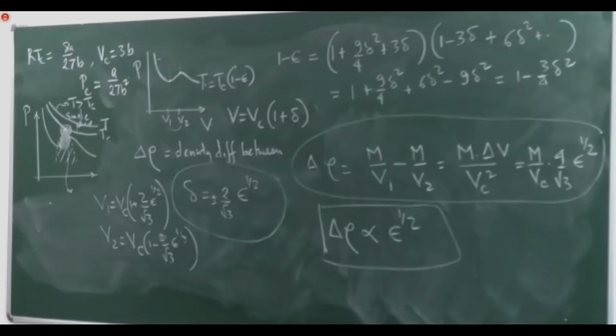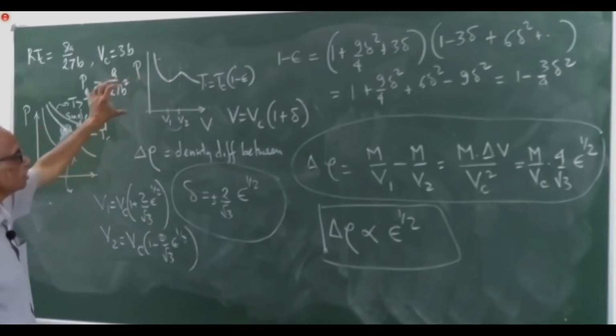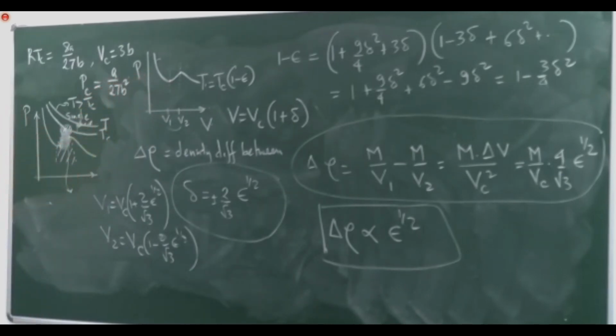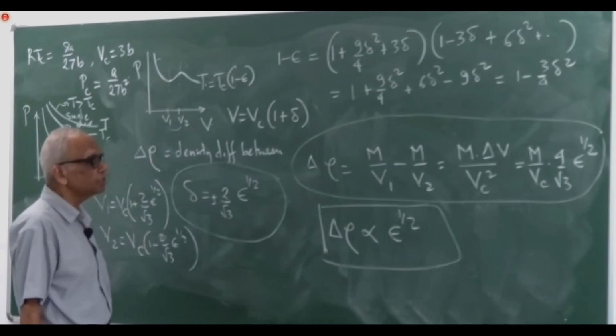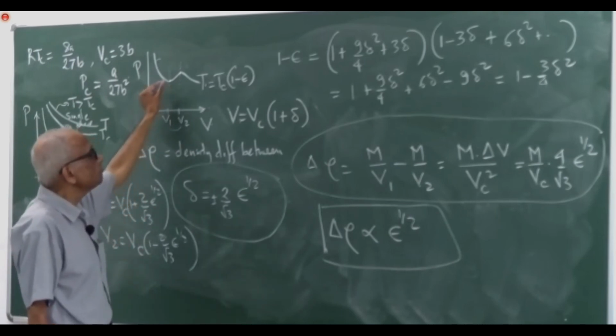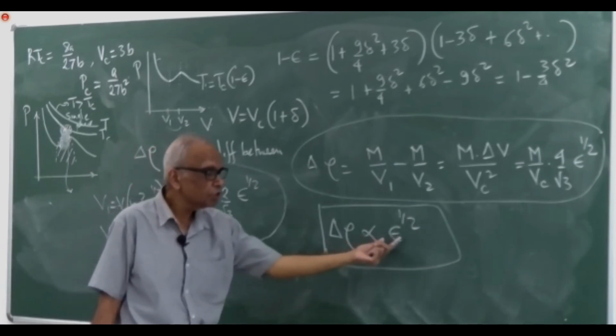Every liquid which is undergoing this transition, the critical point transition, the second order phase transition near the critical point of the liquid, second order meaning no latent heat is involved. You have these coexisting phases, and the coexisting phases have a density difference which is proportional to epsilon to the